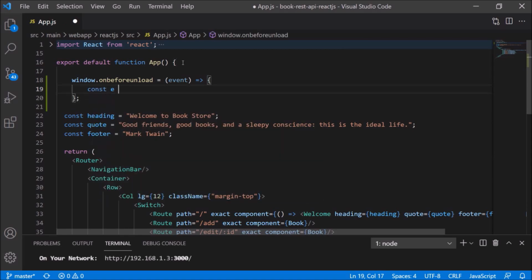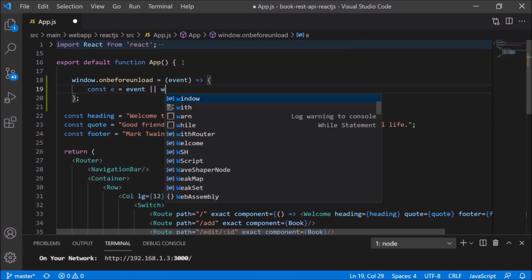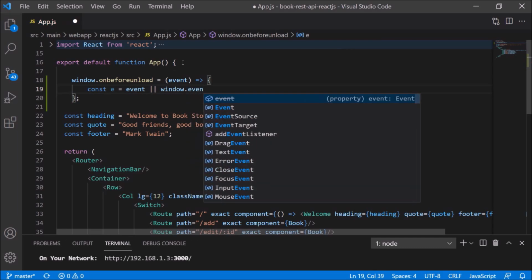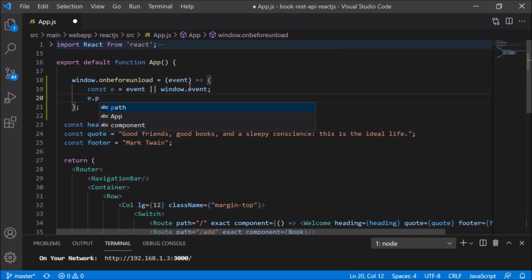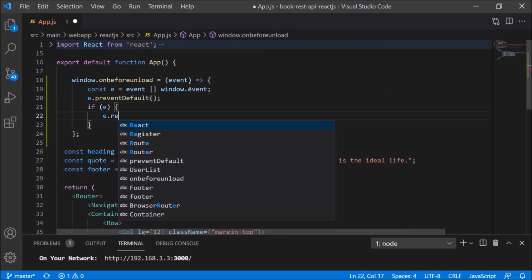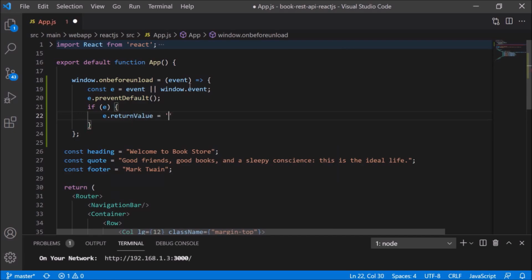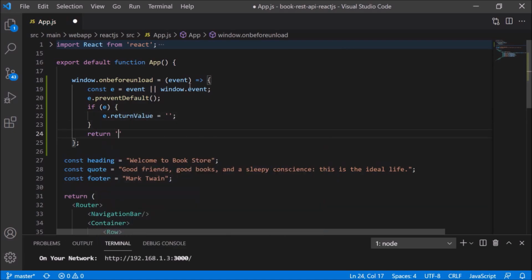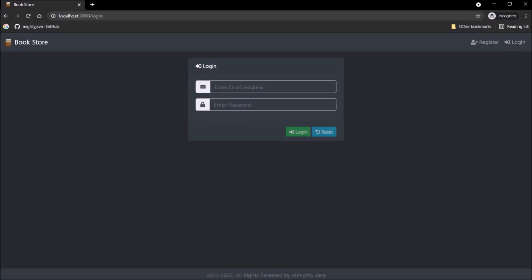Create a constant to hold the event or window event. Here we need to prevent the default event. And now let's add a simple condition and set the return value to empty. And that's it. Let's check now page refresh is happening or not.